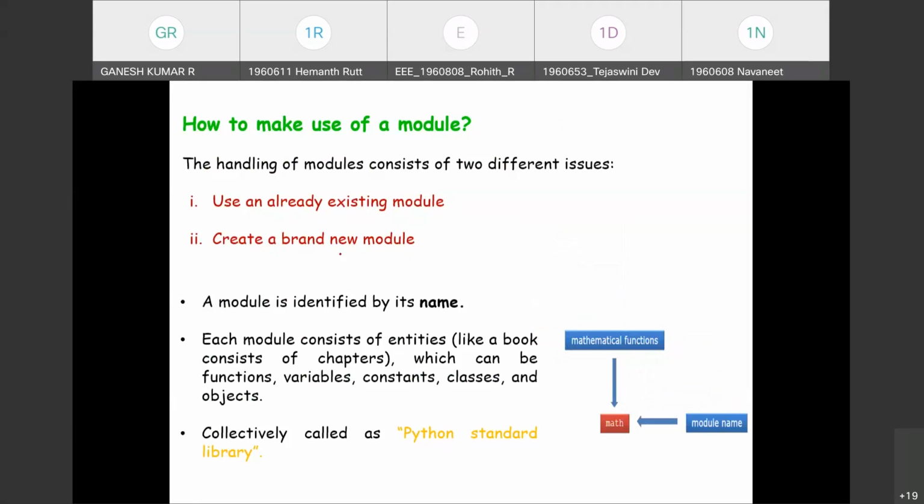Creating a new module may not be supported in traditional programming languages like C, C++, because they can use only the standard existing library. But Python supports that the user, the programmer or an expert can define a new module, and that could be incorporated into the program. It's open source. The growth of Python was due to contributions from several directions.